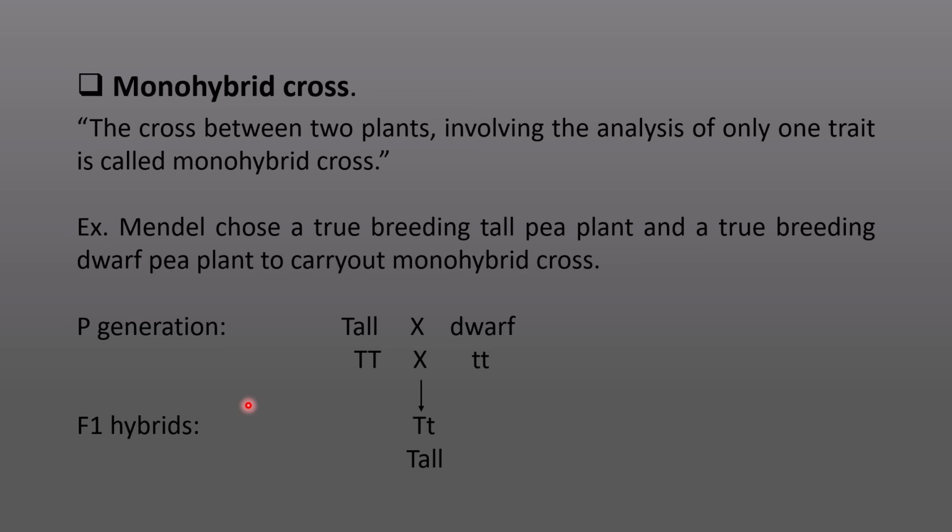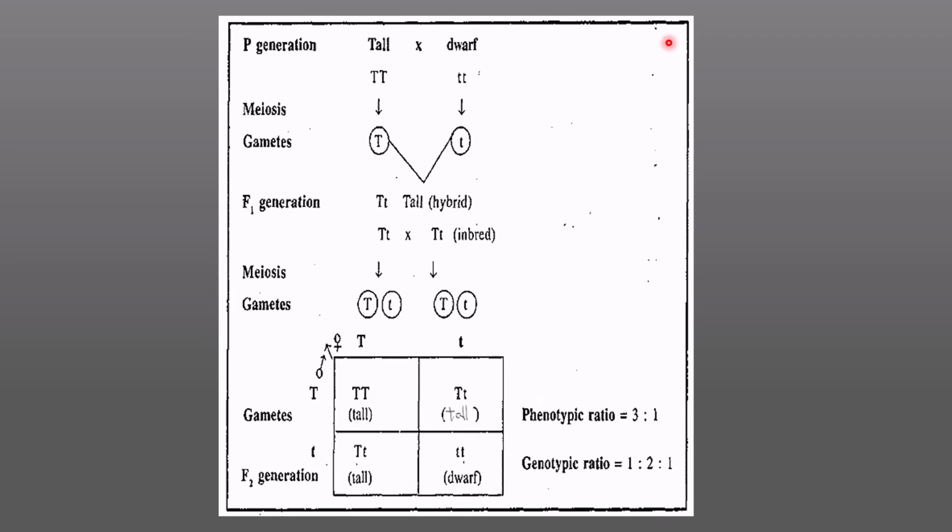So here Mendel tracked each of these traits through 2 generations. This is how a typical genetic cross looks. This is the parental generation, this is the phenotype of the parents, and this is the genotype of the parents. These are the gametes that have been formed, and this is the F1 generation, the genotype of the F1 generation and the phenotype of the F1 generation. We'll call these offspring hybrids.